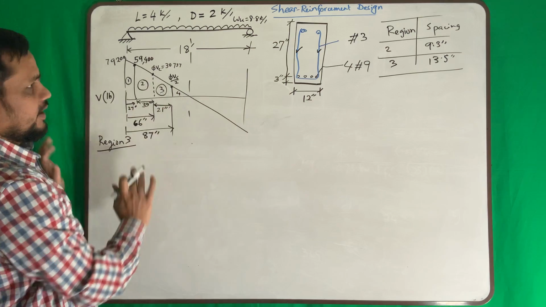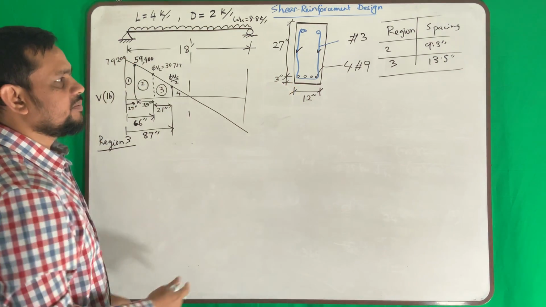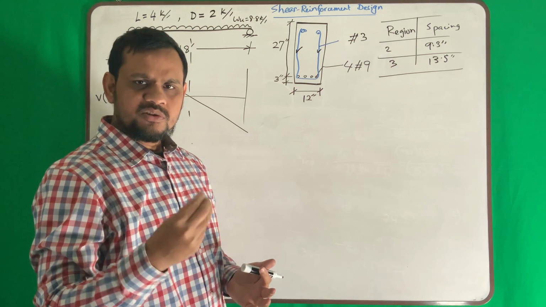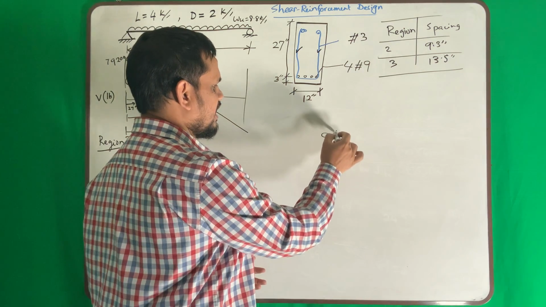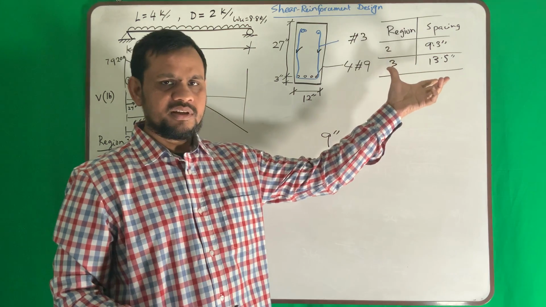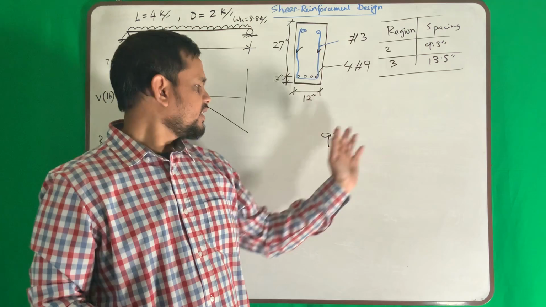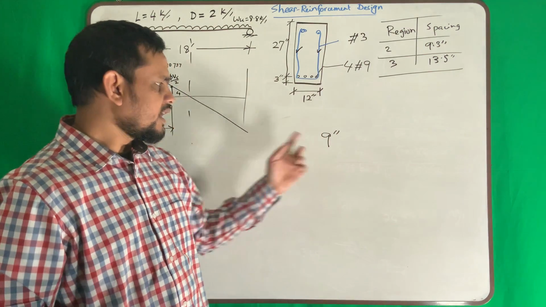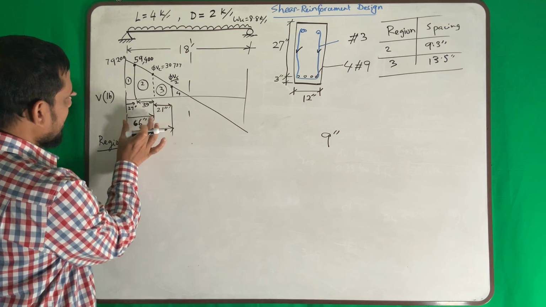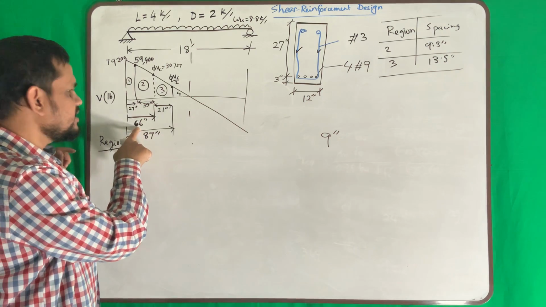Now, for reason number 2, we will provide 9.3. So 9.3 is not a round number. So better to take a round number, say 9 inch. 9 inch is a round number. You cannot provide more spacing. That means you cannot provide 9.5 when your required is 9.3, but you can provide less spacing, so 9. So if I provide 9 inch, you can see that up to 66 inch,